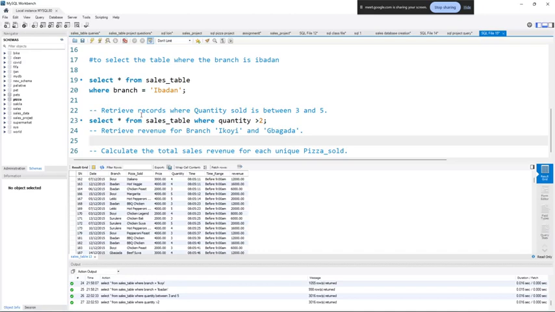Nobody's saying anything. No. Am I selecting everything? No, we are selecting just revenue. Yes, we are selecting just revenue. So I will say select revenue because that's the only thing they asked for. Just that the revenue I want to select now must be for Ikoyi and Gbagada. So select revenue from sales table